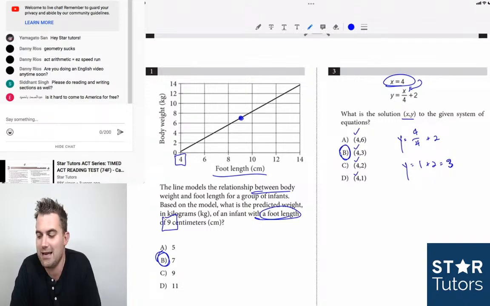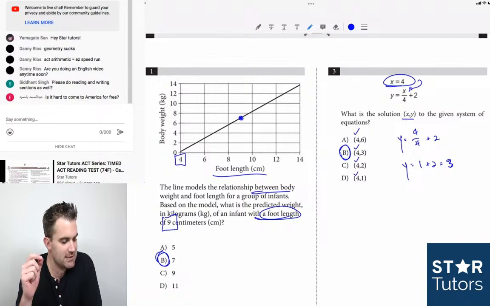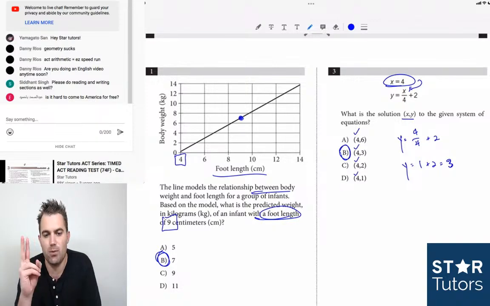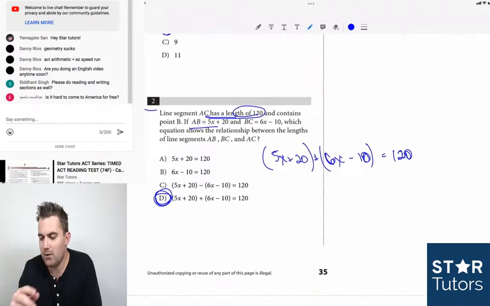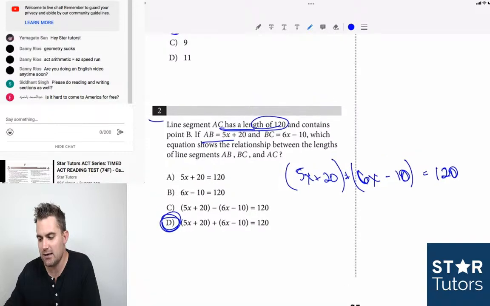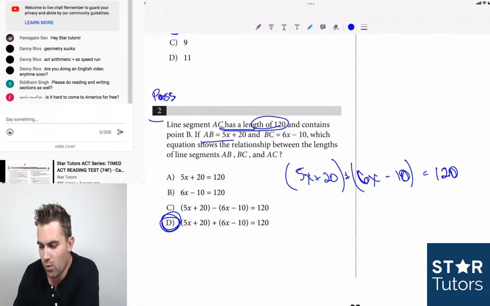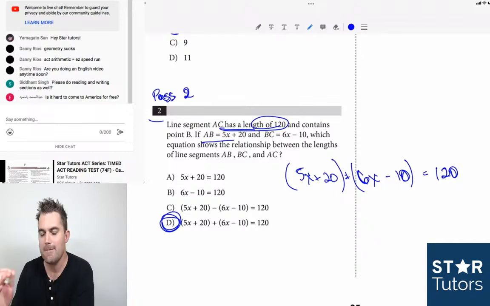The questions I want you guys to take away though is a question like number 2. Okay, hopefully we didn't miss that one, but this is the idea that you want to pass through this question the first time. You want to get a warm up, right? You want to make sure that you are warmed up before doing this question. You don't necessarily need to skip as many questions as I did, but number 2 is a great example of